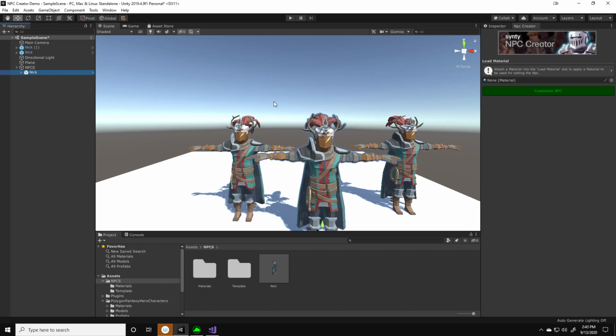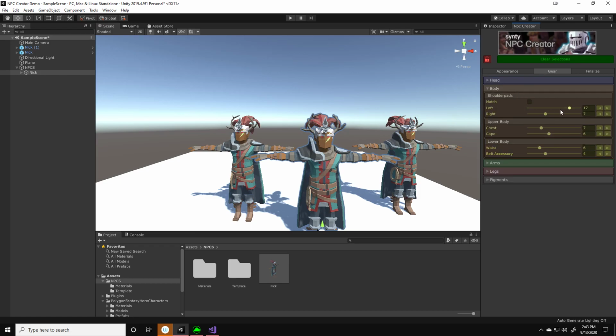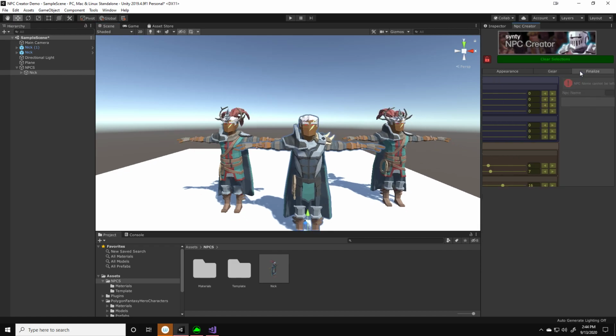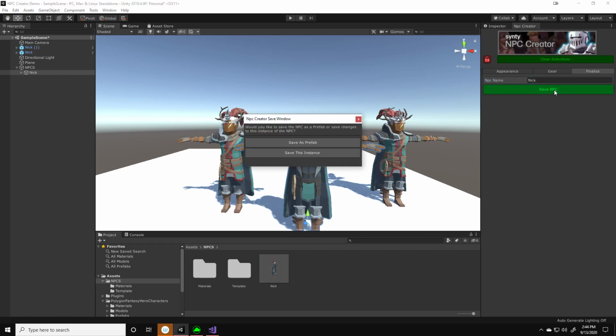Now what I can do is, if I make a change to him, let's make something drastic. And take away his horns. Now if we go to save NPC, to the finalize tab and save him,